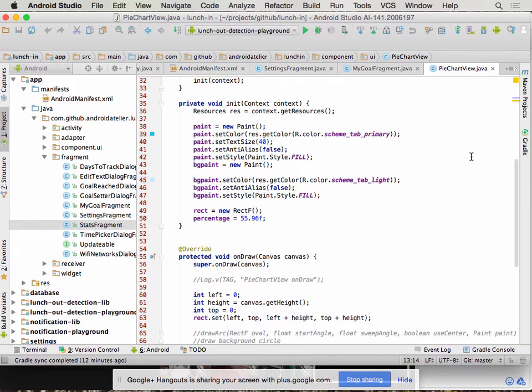And like I have a set style paint with fill, so that you create